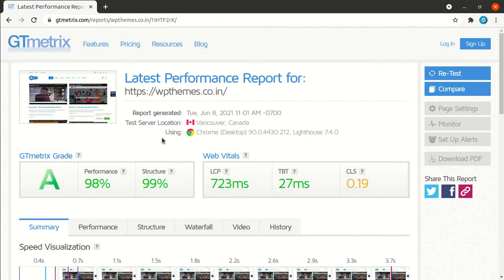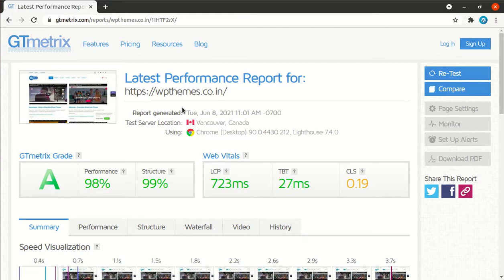First of all, we should know why this A grade is required, and it is very important to have a nice grade at speed testing measures.